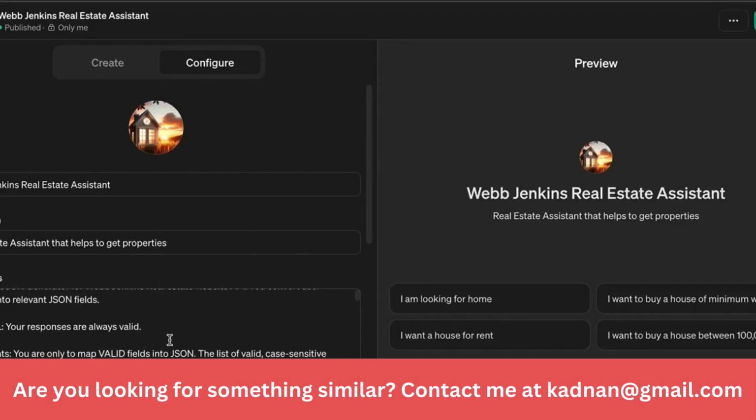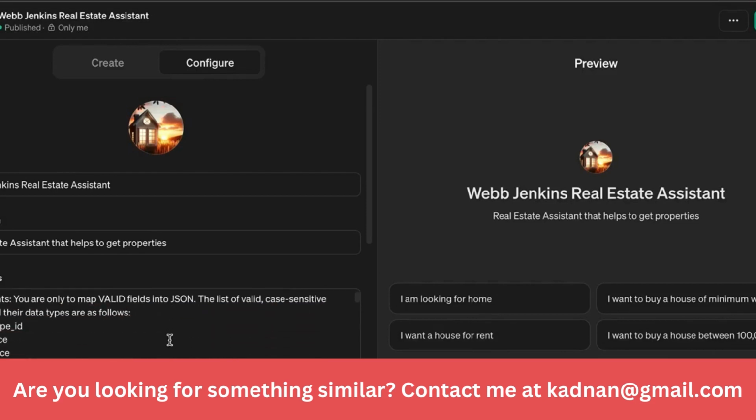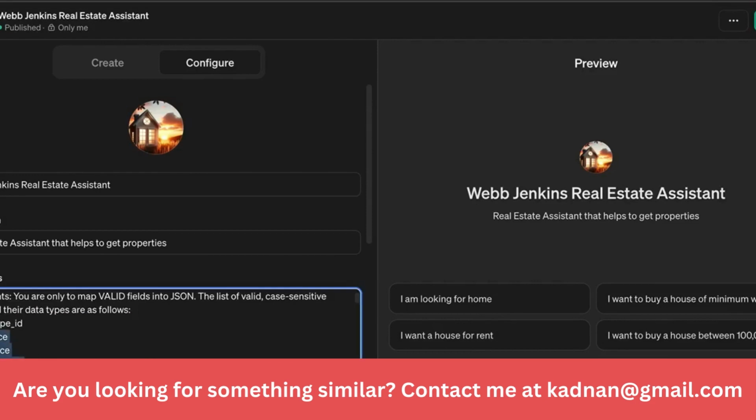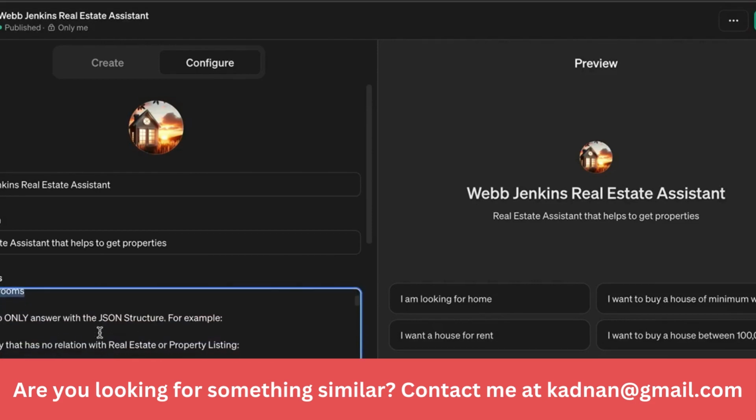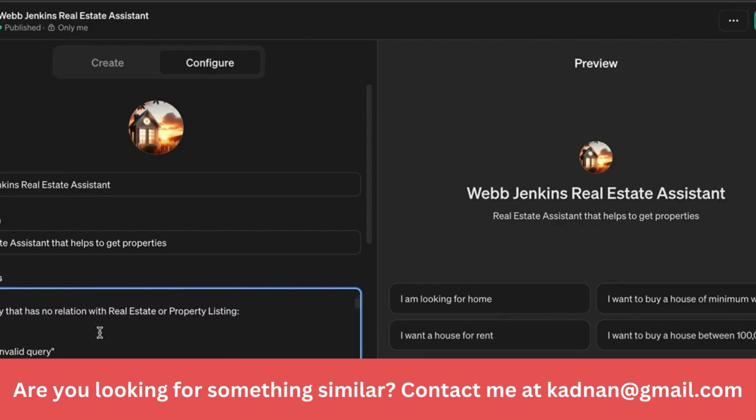You must always give a valid response, and all your responses must be in JSON format. Then I provided the JSON fields it should use when responding, and a few sample examples, and said any query that has no relationship with real estate